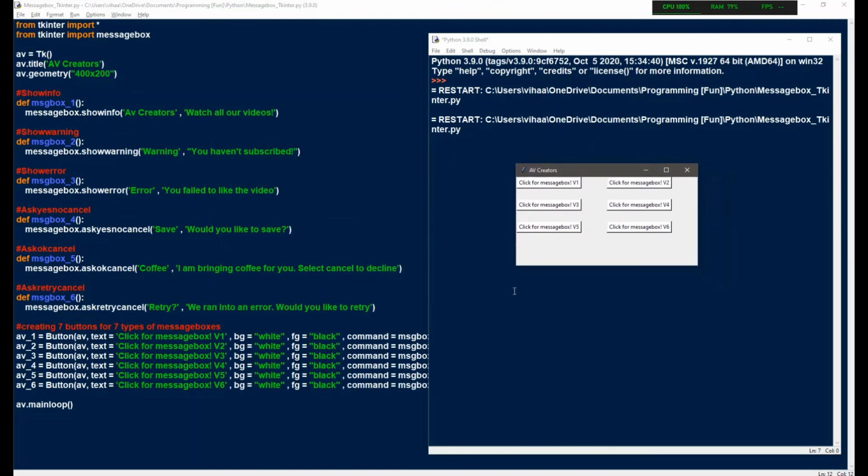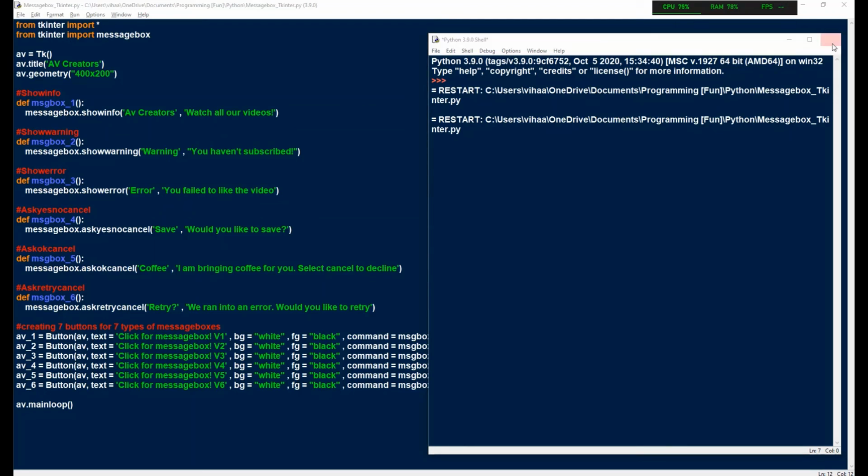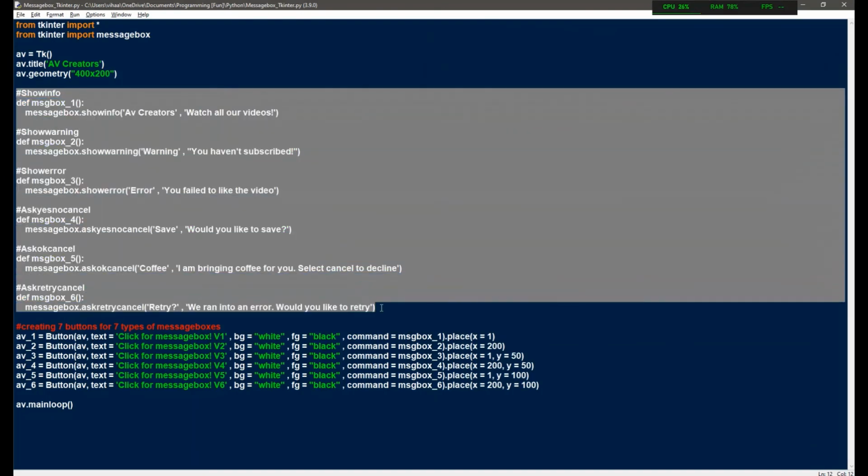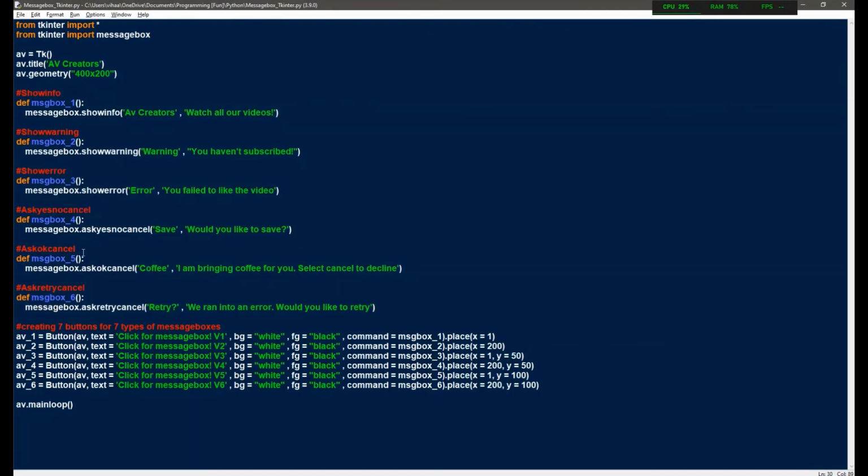So guys, there you have it. Today we saw 6 types of message boxes, which are all the types of it, and their syntax is pretty simple. And this is the keyword message box dot. The next word is the keyword, and that is really important. You should remember to type it rightly. And otherwise the syntax is same, which is title, comma, and then the content. So they have their own different uses, as I explained in the start of the video. So there you have it. That's all for today's video.